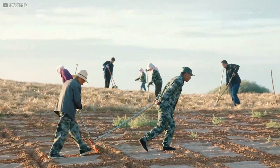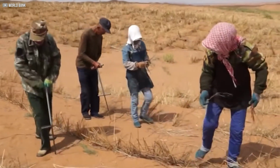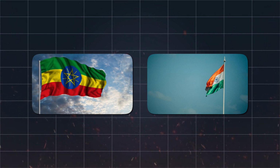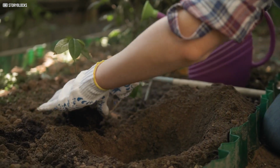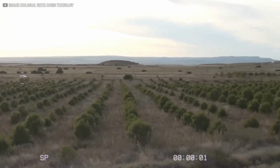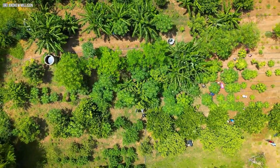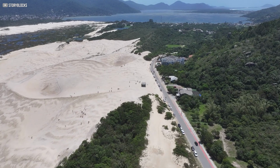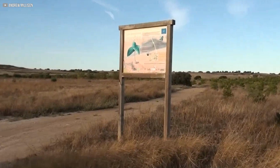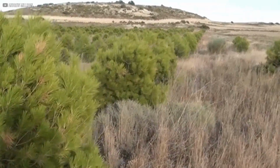Many countries have adopted a variety of methods to fight desertification, often relying on both traditional and innovative solutions. For example, countries like India and Ethiopia have been planting trees and introducing new agricultural techniques to restore degraded land. The Great Green Wall initiative in Africa aims to plant trees across the Sahel region, a vast area of land that is severely affected by desertification. This massive project involves planting billions of trees to create a wall of vegetation that will help stop the desert